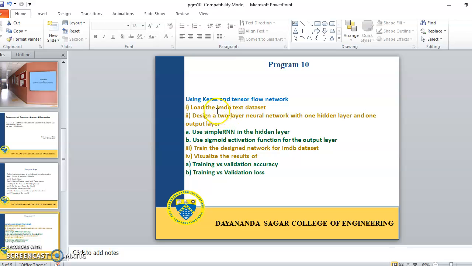Here we'll be using the IMDb text dataset, which is a movie dataset consisting of 25,000 training samples and 25,000 testing samples. We'll be designing a two-layer neural network: one is the hidden layer and one is the output layer. In the hidden layer we'll be using the simple RNN, and in the output layer we'll be using the sigmoid function as the activation function. Then we will be training the designed network on the IMDb dataset,